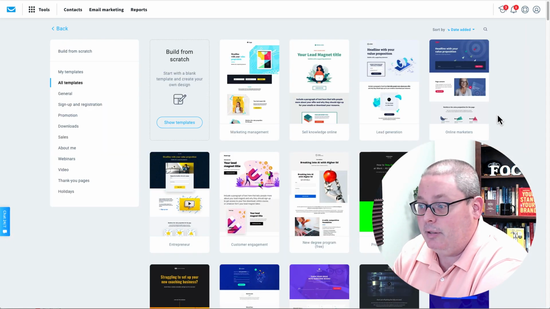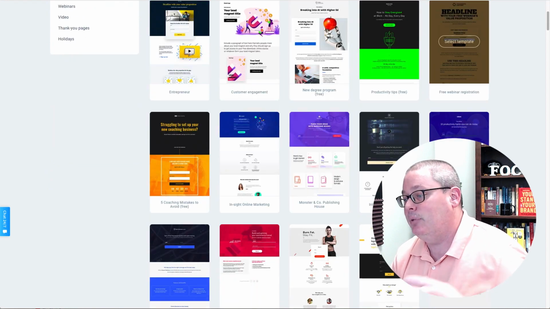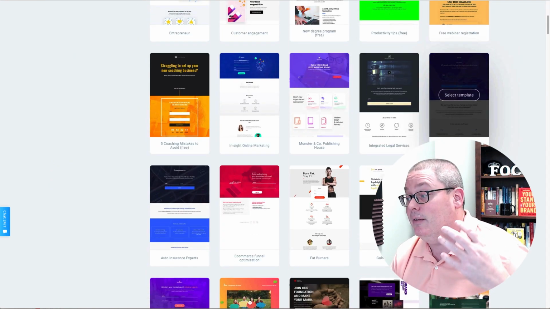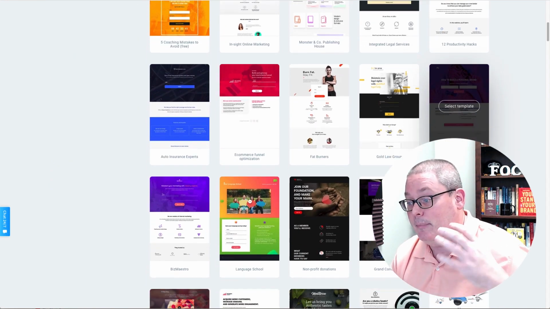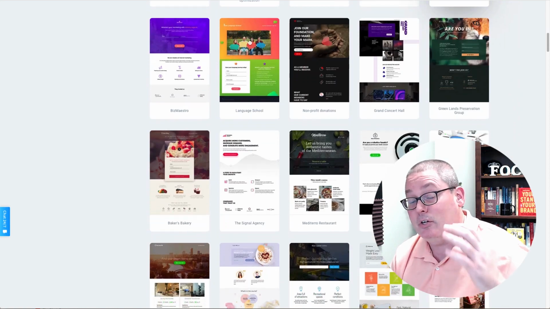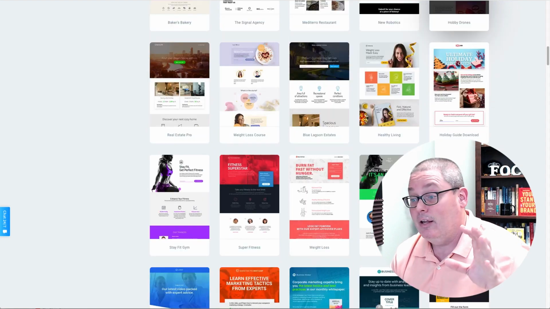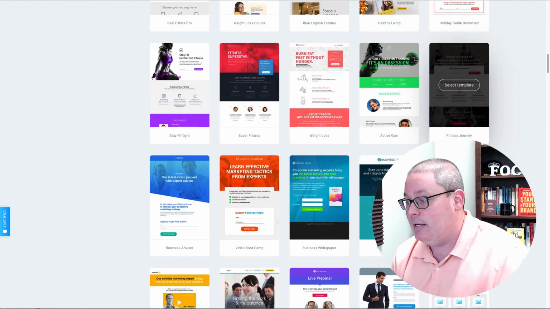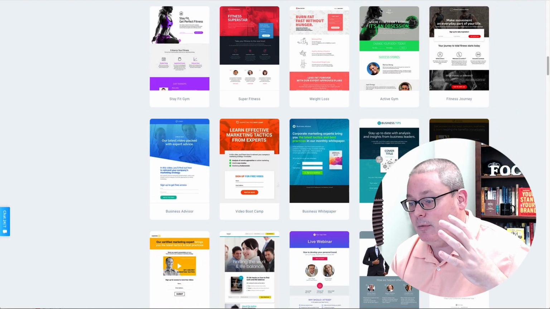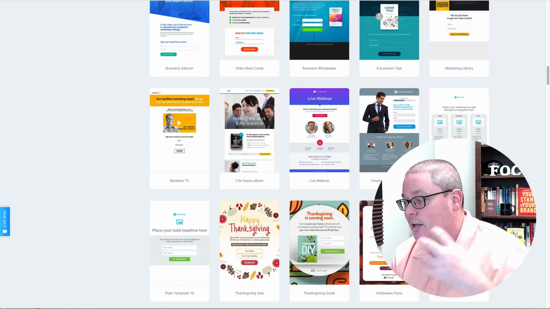So once you're inside of landing pages, you'll simply select create landing page, and then you'll be presented with all these templates. You simply just need to pick a template that makes sense, something that you think resonates with the message, but also understand that you will need to edit this template so it makes sense, so it matches your offer, your audience, the feel,